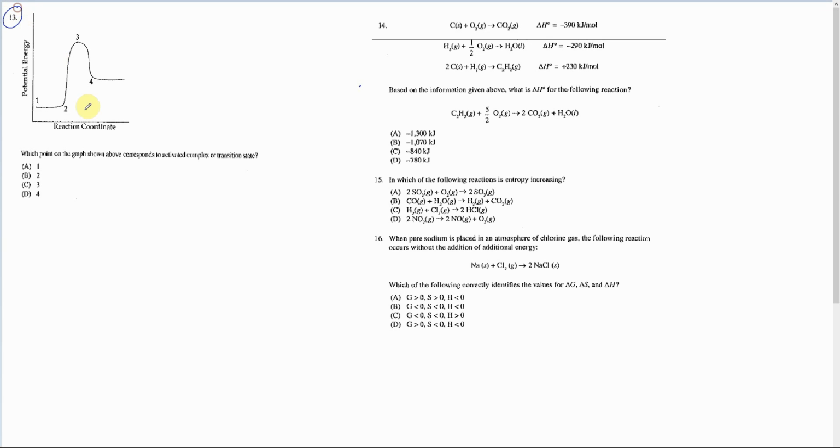Number 13 is exploring some somewhat obscure vocabulary. They want to know where the activated complex or transition state is. The answer is number 3. The reason is because if you imagine that if you have a reactant that looks like this and